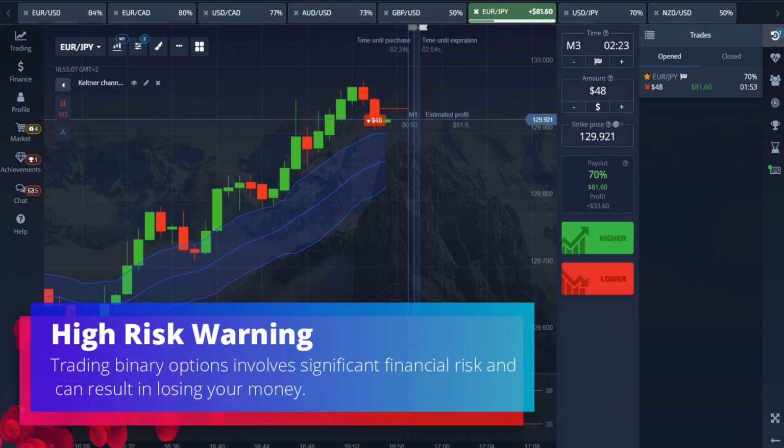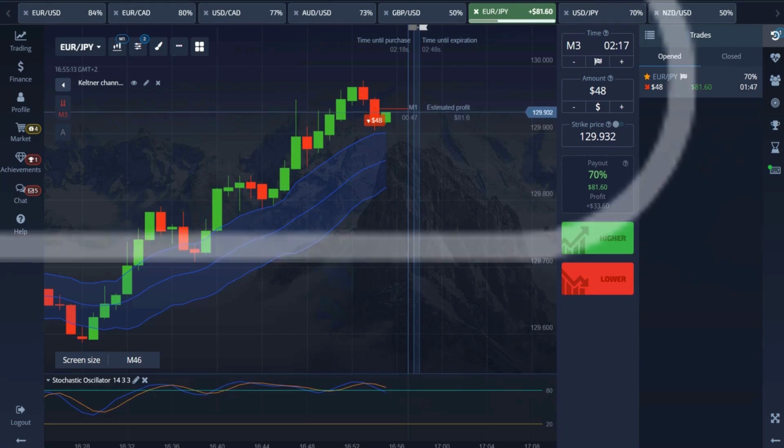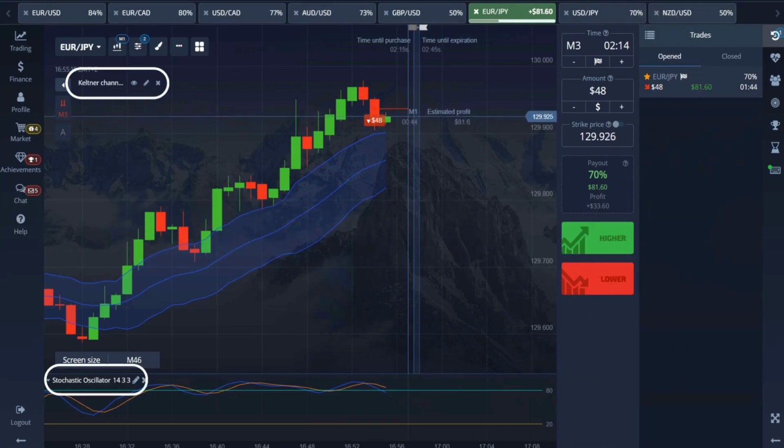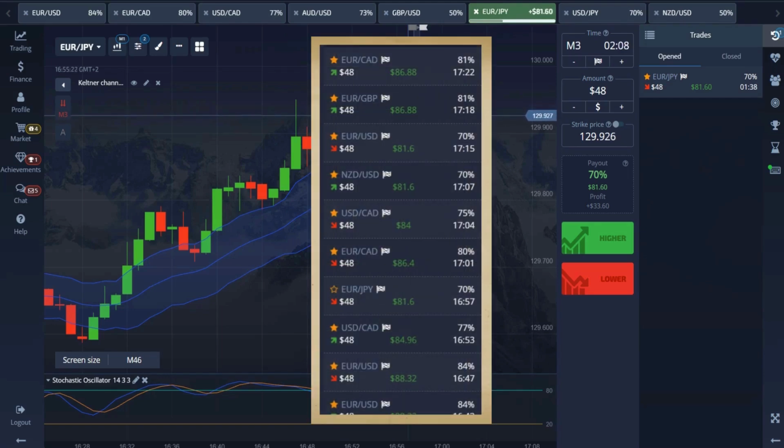In today's video, I'll show you a simple yet effective Pocket Option trading strategy using only two indicators, the Keltner Channel and the Stochastic Oscillator with their default settings. This strategy is perfect for all market sessions. If you're looking for consistent trading results, make sure to watch this video till the end without skipping to fully